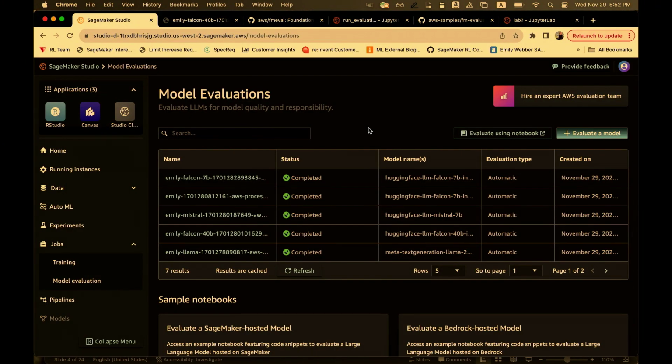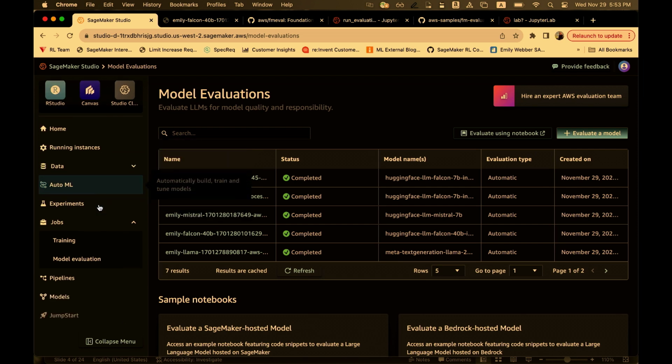All right, so here we are. I'm in US West 2 right now. You'll notice I'm using the new version of SageMaker Studio. We just pushed out a new version of SageMaker Studio as of this morning. If you are using SageMaker Studio Classic, this UI is not going to render. So make sure you're using the new version of SageMaker Studio. And again, this is a fully managed web application with a number of options, including, of course, RStudio and Studio Classic for the older interface.